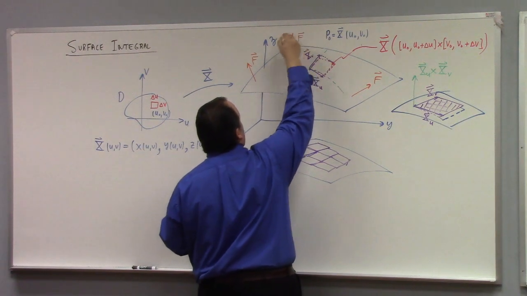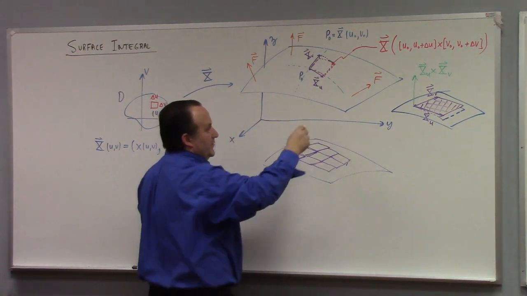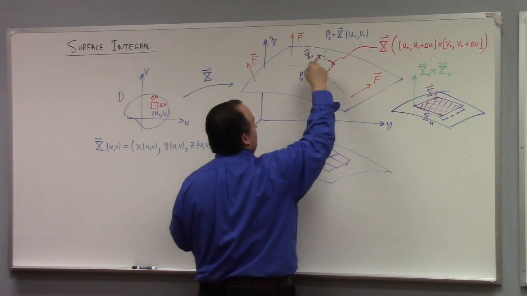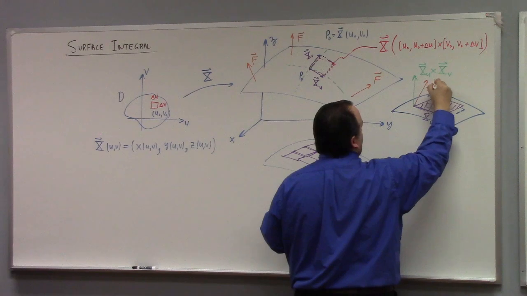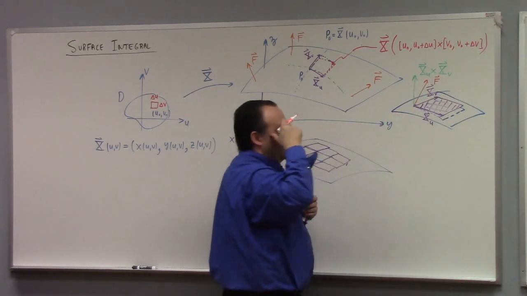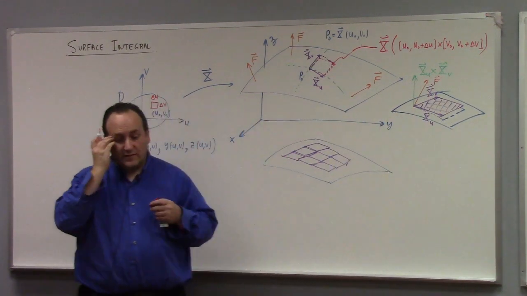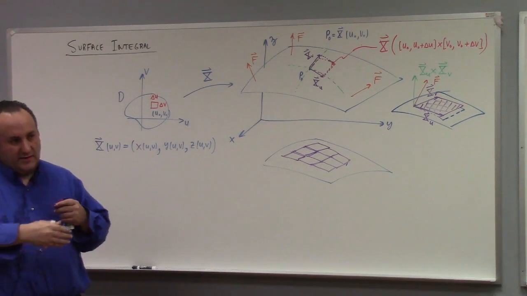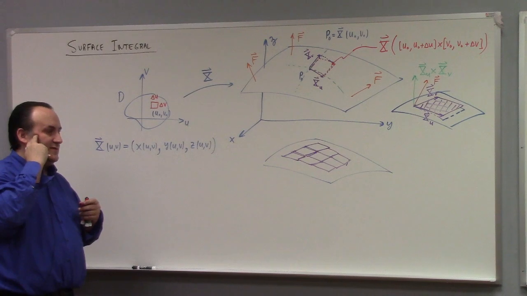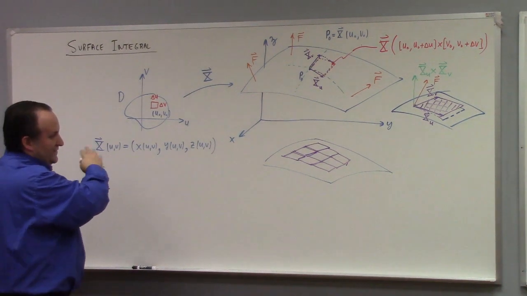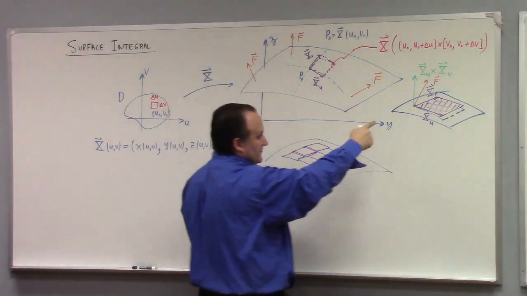It doesn't really matter what the vector field looks like exactly. It can point every different which way. The point is, if we look at it right here, only the part of the vector field which is perpendicular to the surface counts as giving flux. Or more to the point, if we go back to the thing I erased, the flux through this little one,